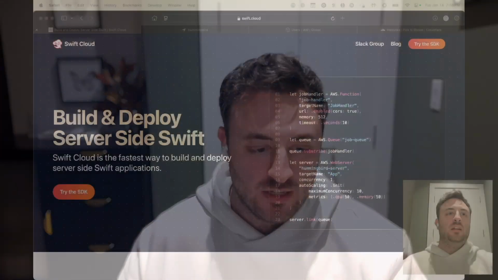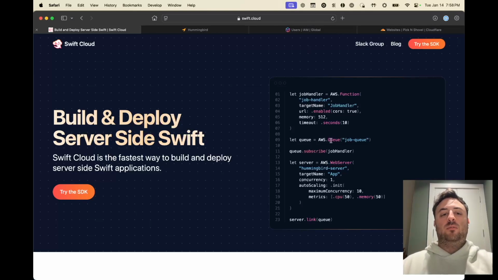In this video, I'm going to introduce Swift Cloud, which is an open source infrastructure as code framework for Swift developers. So you can see here a little bit of a preview of what it can actually do. If you go to swift.cloud, you can go through this, click try the SDK. Of course, the SDK is on GitHub, but in this video, we're just going to do a full run through